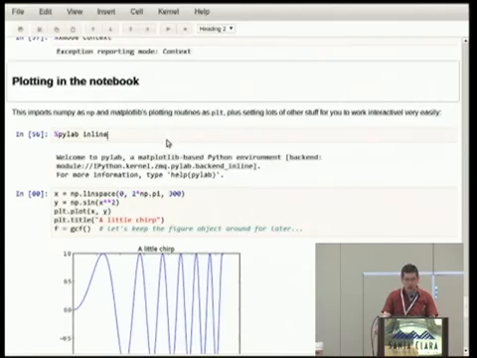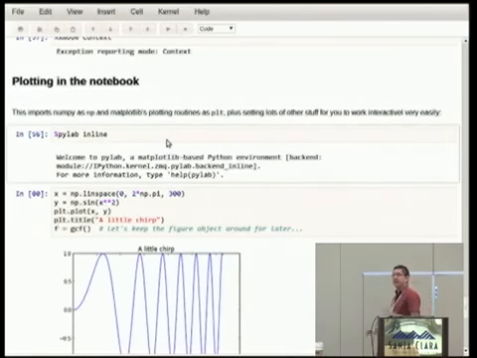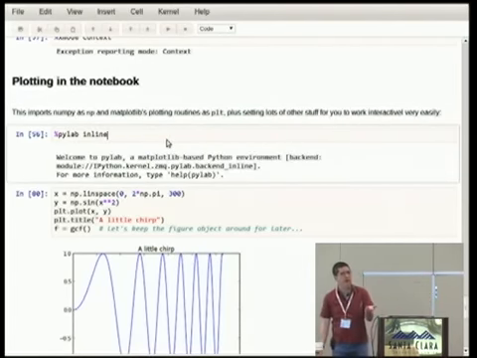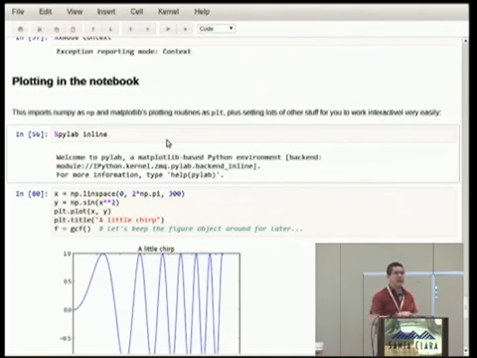Okay? So there's one more magic that is very important for many of us, maybe not for all of you, but I want to mention it, and we're going to talk a little bit more about the rest of it in a minute. It's the Pylab magic. What it does is it loads NumPy and Matplotlib, which you all have installed, because by installing EPD, it comes with NumPy and Matplotlib. So, %pylab inline,